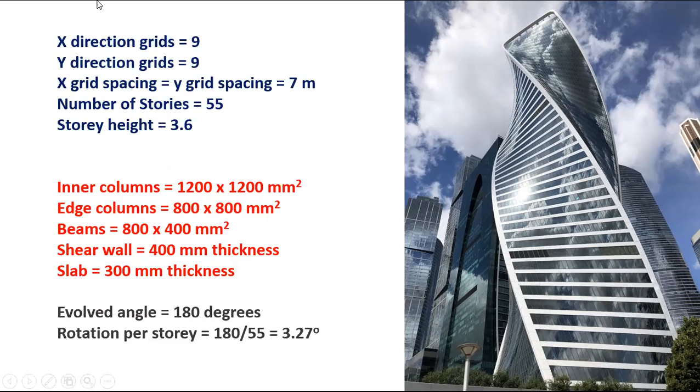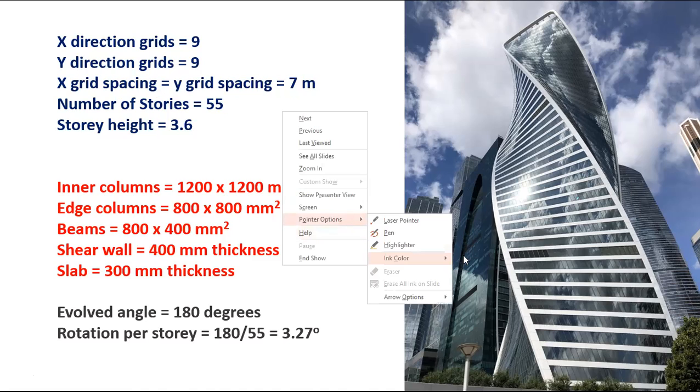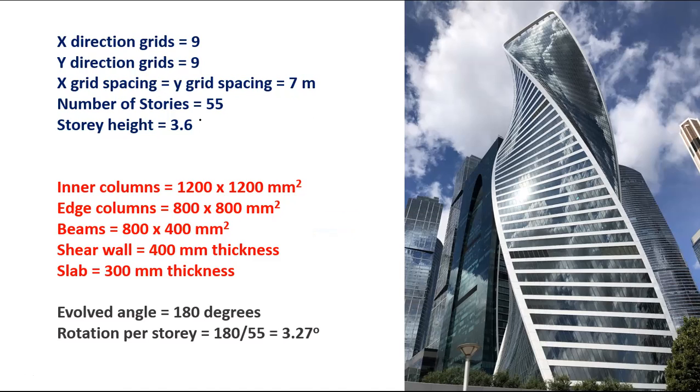For the dimensions, they used x direction grid lines 9 and y direction as well 9, and then the grid spacing 7 meters, and so it's equal, meaning that it's a square shape, right? So slab, and then the number of stories is 55, where the story height is 3.6 meters, and the inner columns